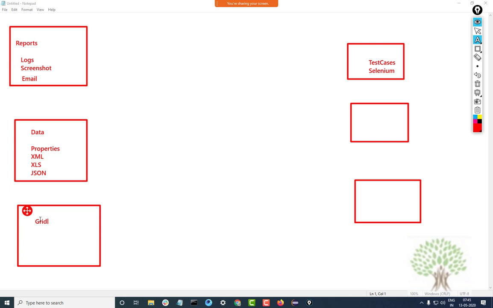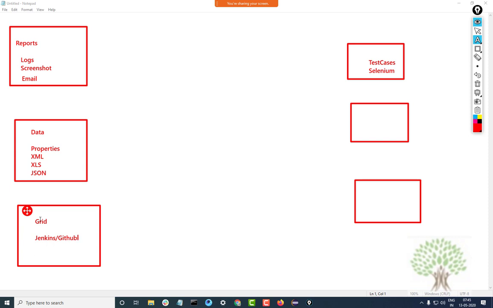Then you might have to go for Jenkins and GitHub integration. I don't want to go into details of these tools, but they are quite easy to understand. At times there is a requirement that you have to do this as well.